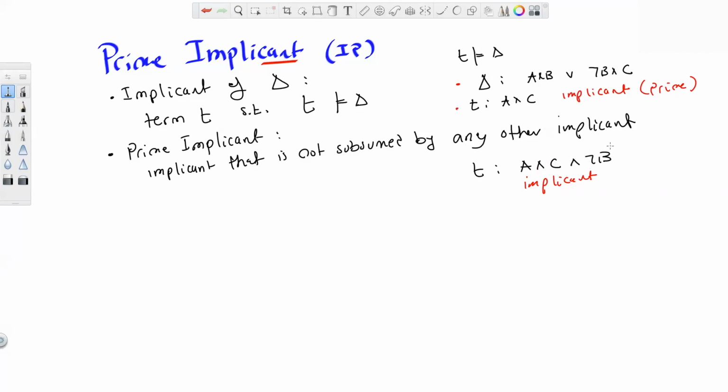Exactly, it's not prime because I can get rid of this and that will remain to be an implicant. So there is a shorter implicant. All right, so this is not prime. Okay, we're getting here to the punchline, and as far as understanding what these guys are, and now you see